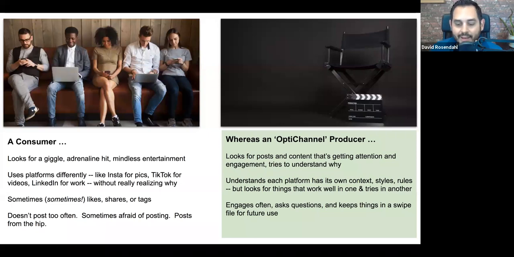As a producer, you engage, you ask questions, and you keep things in what I call a swipe file. You've probably heard that term before. You keep things in a swipe file for future reference. So what I often do is, on my phone, I just take a picture of it. I put it in Google Keep. You can use any number of different applications. And I'll put one for good ideas for new posts, another one for good ideas for ads, another one for good ideas for emails. Sometimes I'll see something that's working in LinkedIn and I'll say, maybe I should try this in email. So as a producer of content, that's what I want you to consider doing. Have a swipe file where you're keeping this stuff. And as a producer, you're creating at least one piece of content per day, at least one per day, okay?